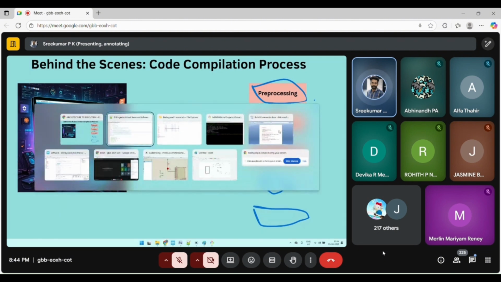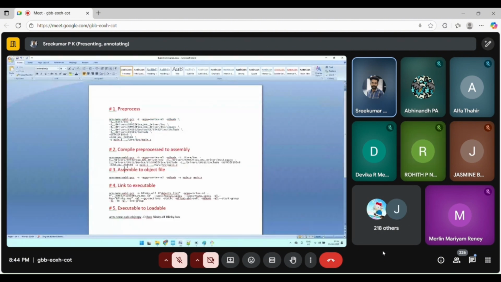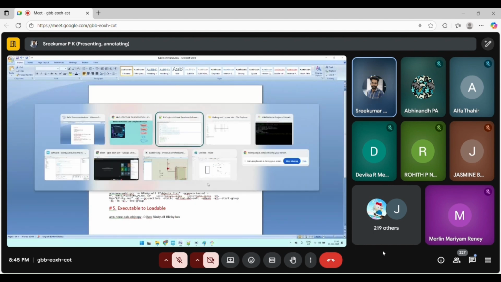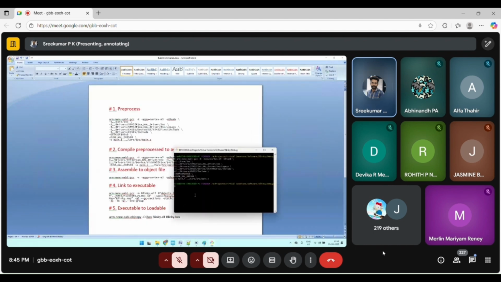Compilation has a particular command, that is this one. Here you can see one -E in pre-processing, which tells the compiler to only do pre-processing. Here you are keeping -S, which tells the compiler to only do the compilation. Don't go for the entire build process. So let's do that.